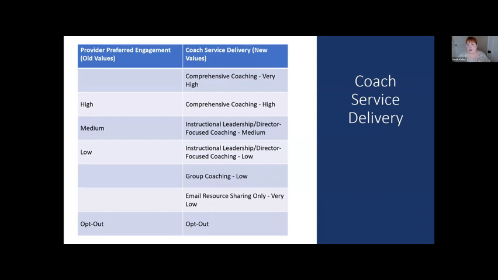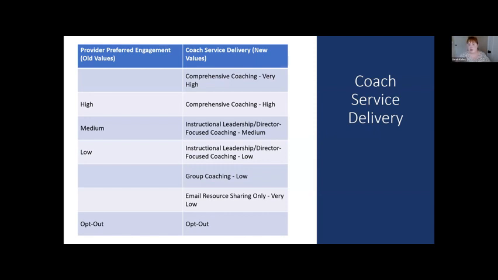I wouldn't change someone from group coaching to comprehensive coaching if I thought they were group coaching, but I did a couple of site visits for a specific reason, and I anticipate going forward to invite them into more group opportunities. But I would change them if I went, oh, that person was engaged in group coaching, but I've consistently been going on site. I need to adjust.